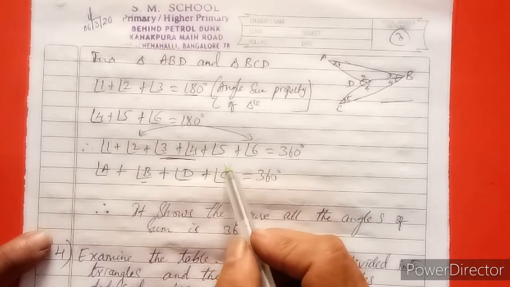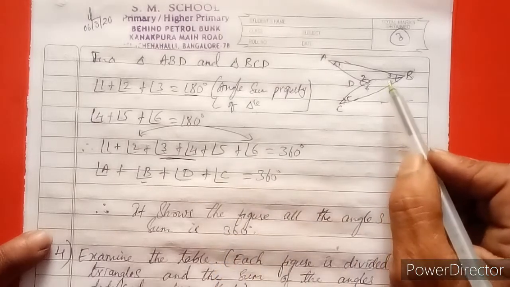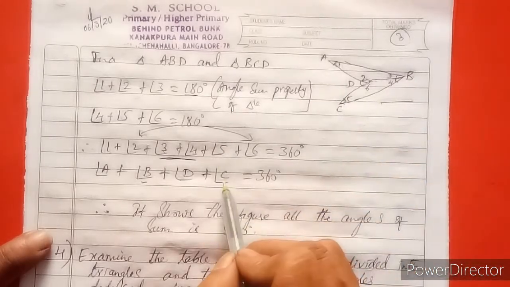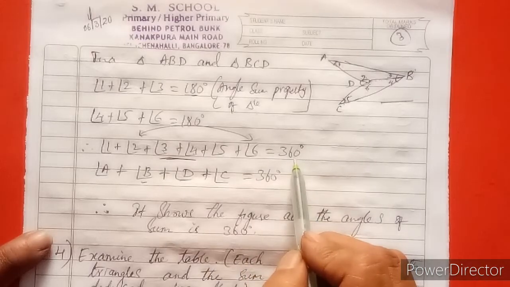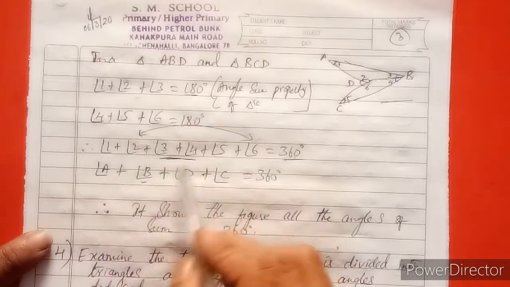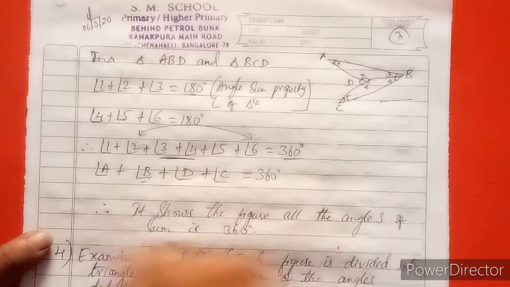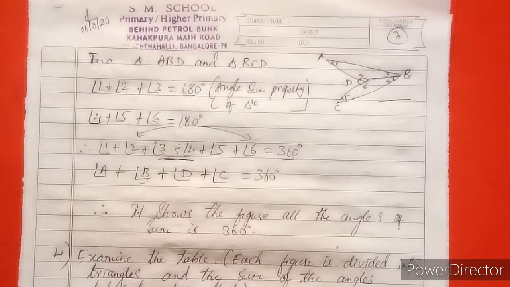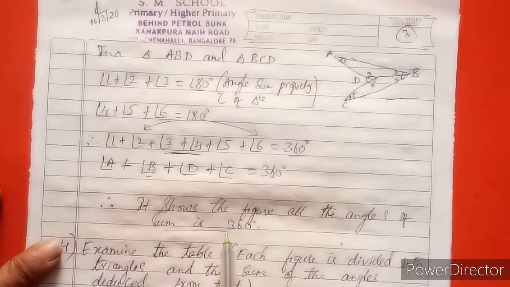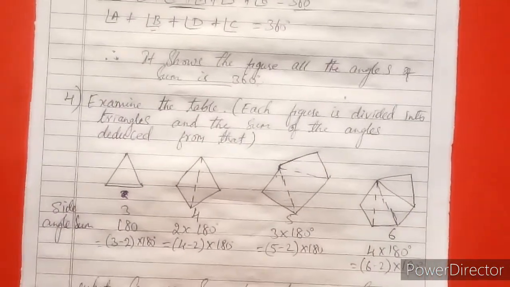And that what we are taking? That is 2 and 6 over. And angle 5, angle phi, where angle phi is C, that angle phi is 6. And after that, the total sum of that quadrilateral, when you add it, you will get 360 degree: angle A plus angle B plus angle P plus angle D, the total sum of that figure is given, we are getting 360 degree. Therefore it shows the figure, all the angles sum to 360 degree. Did you understand? So next I would like to explain question number 4.